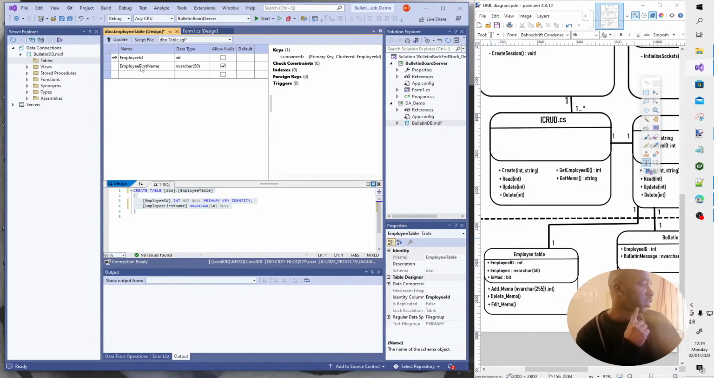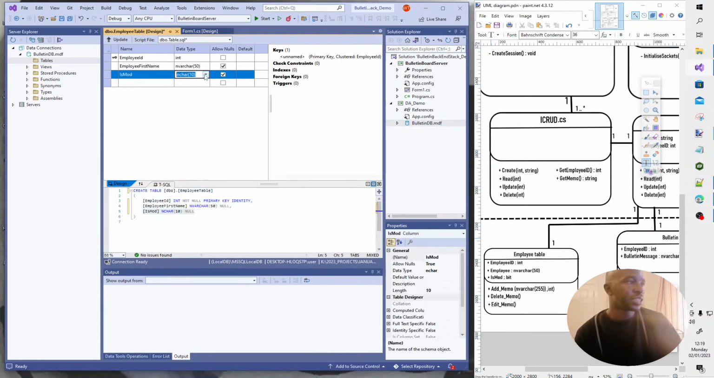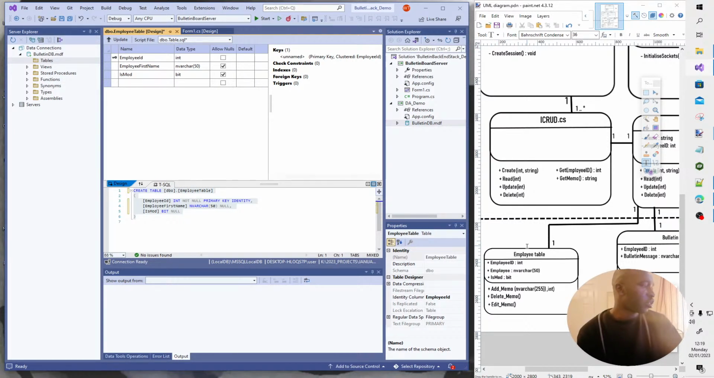Employee first name and is mod. So is the employee a mod? I want to make this data type a bit, as in a boolean, and that's it. And so for the stored procedures, so basically my approach, in my first stream, I actually